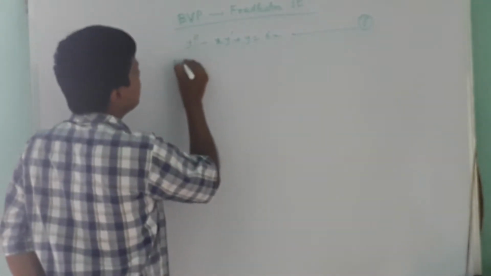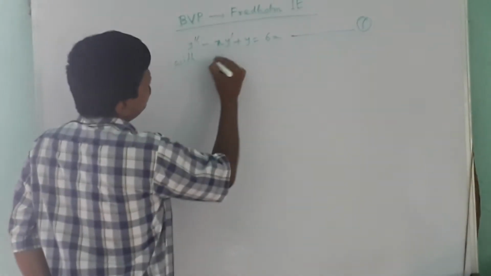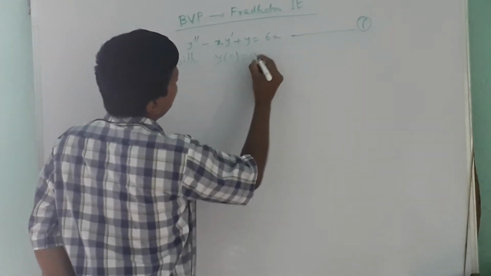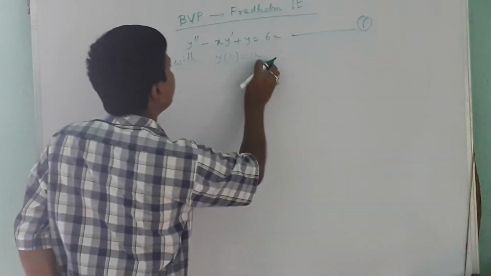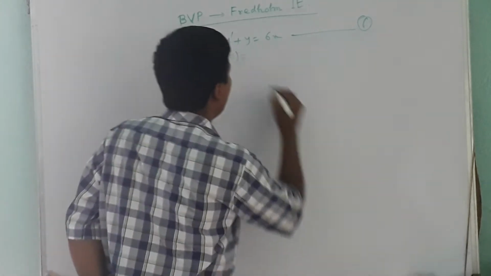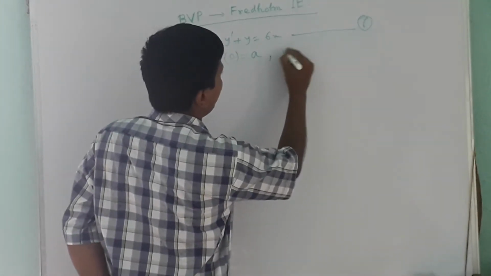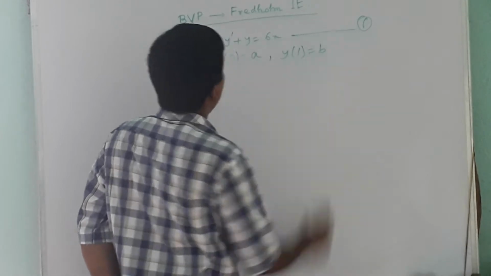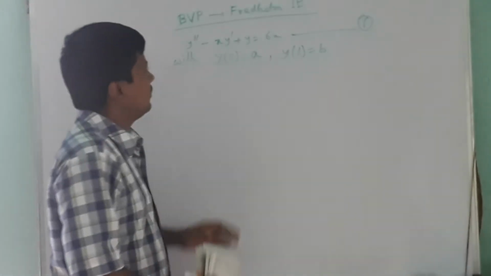differential equation, equation number 1, and the conditions are, suppose we choose y(0) is equal to a and y(1) is equal to b. These are the boundary conditions a and b. You may consider any other function, for 0, 1, or any two constants, and we need to follow